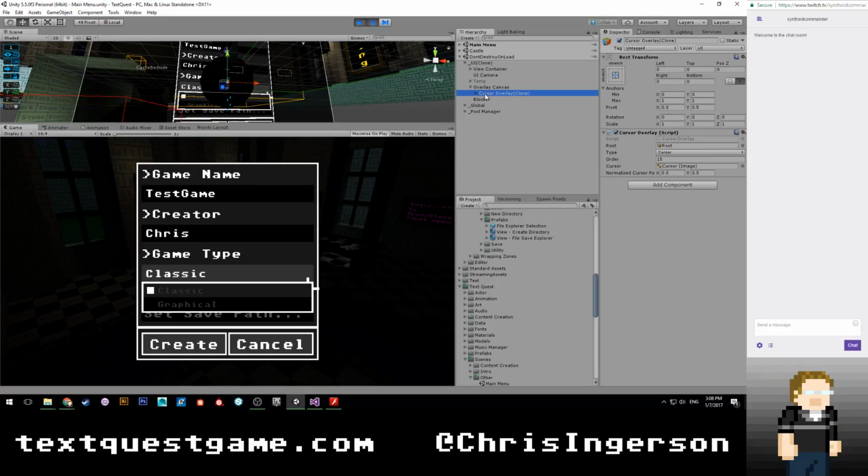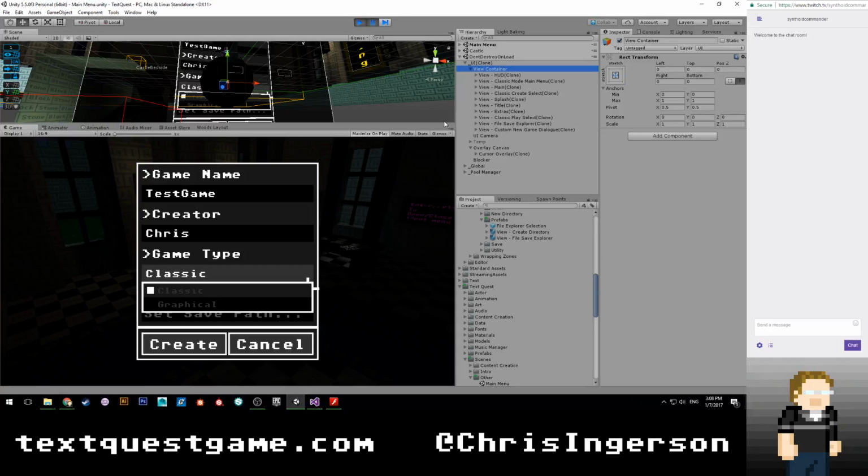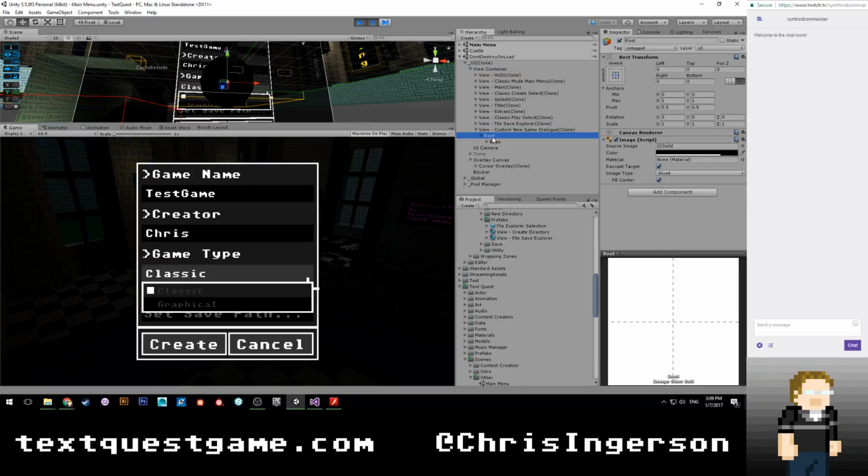And the overlay canvas is drawn below our view container, which actually contains the view that's got the drop down in it, which means that it should be drawing on top of it. But for some reason, it doesn't. And I don't quite know why. But in any case, if we actually drill down here,